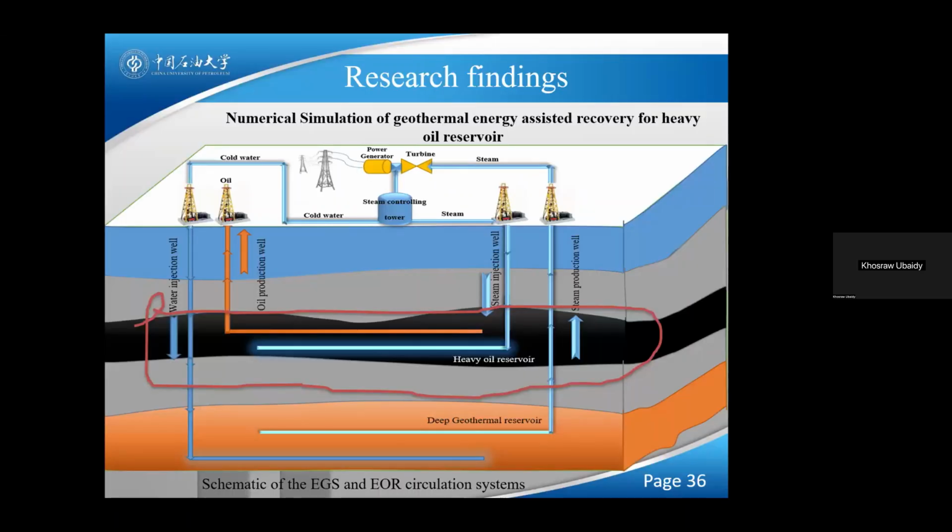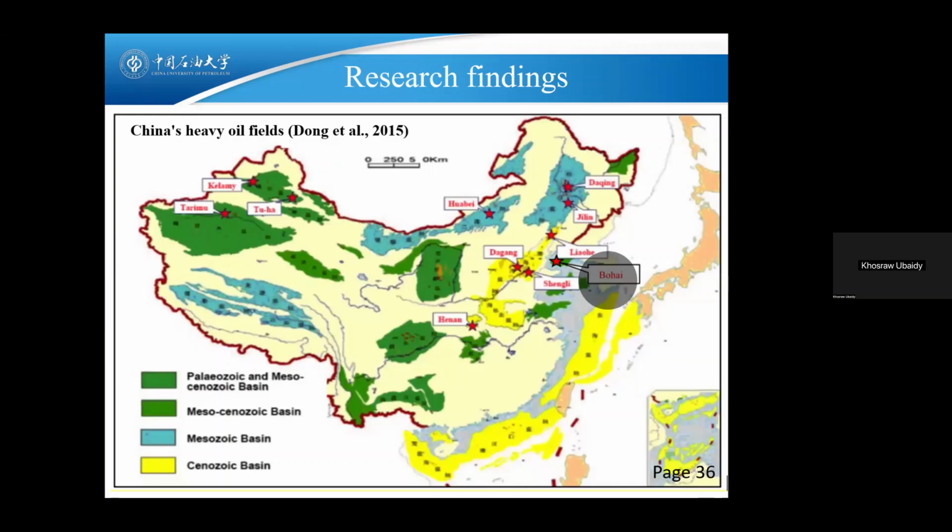And that's for, now we come to a heavy oil reservoir. After injecting the steam, hot water with steam quality, which is over 100 degrees Celsius. So here is our main point. And the area which we choose for this simulation is Bohai. Bohai is offshore, which is located